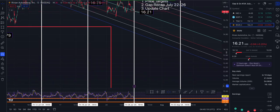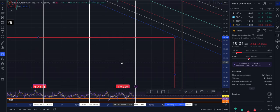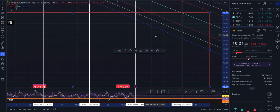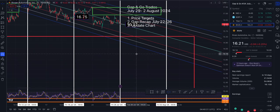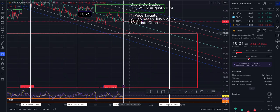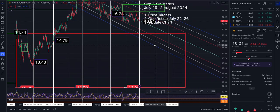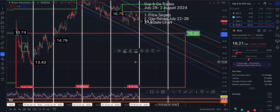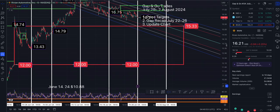We are going down, unfortunately. And then this gap, oops, doesn't like it. I have to click outside the box. So this will take us to roughly 1533-ish starting. Oh, wait a minute. Oh, yeah. It just touched here. Let me mark this. And then this will close out at $12, but